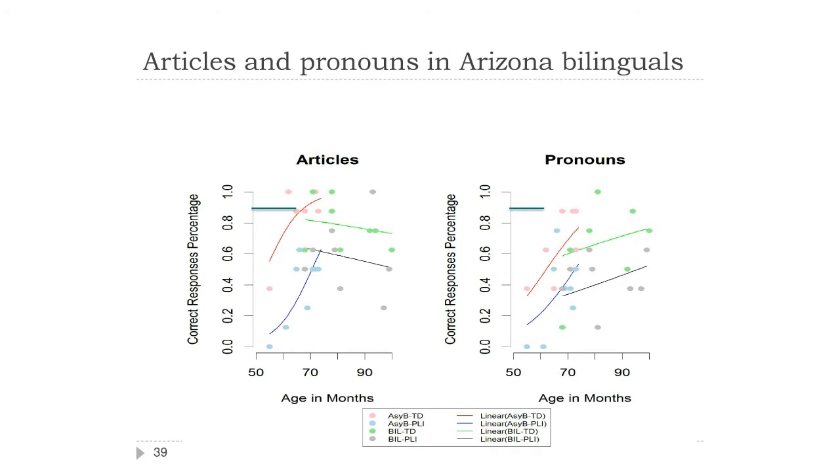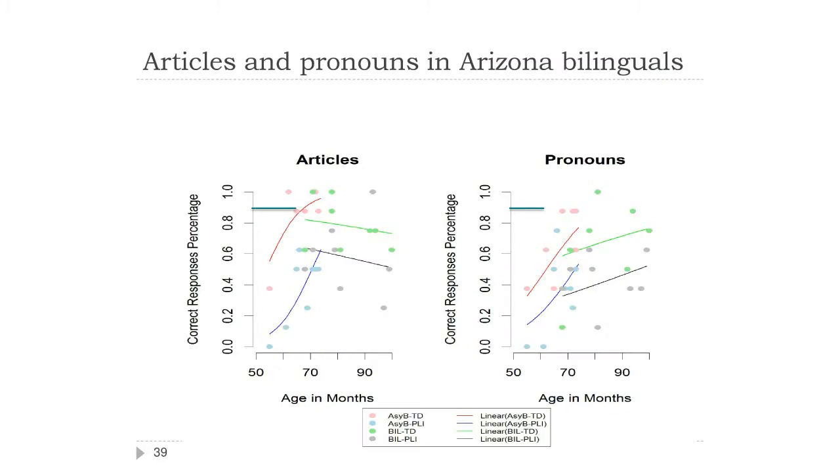This is data from Arizona, which basically shows the timing of schooling. I just wanted to demonstrate this. So for articles, you see a slope, and then around 17 months, it flattens. That's the effect of the child going from spending a lot of time at home to spending a lot of time at school where the language is not Spanish. Arizona basically forbids the use of Spanish in the classrooms.